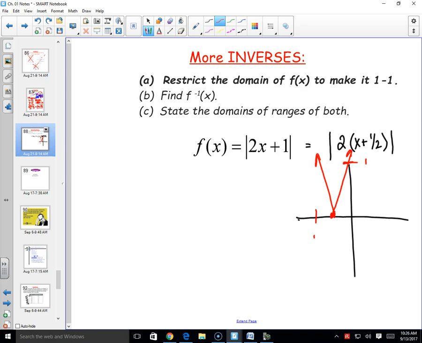I cannot have it fail. I cannot have it fail the horizontal line test. Which means that this is -1/2. Am I allowed to have x's above and below -1/2? Because if I had above and below, isn't it going to have some pieces of the graph that are going to fail the horizontal line test? So when it says restrict the domain, if I can figure out what the graph looks like specifically, I can go ahead and say, sweet, I need to find the place or the point or the line where I can cut